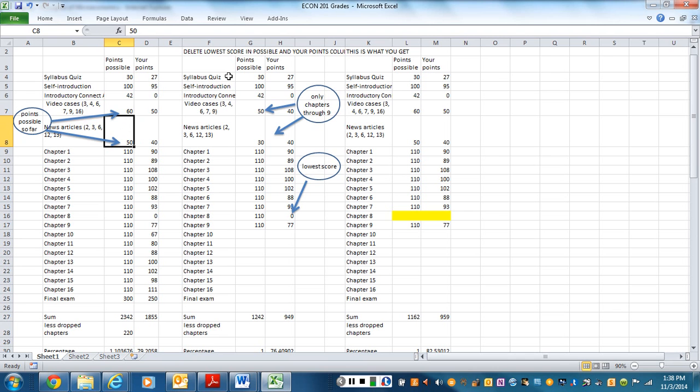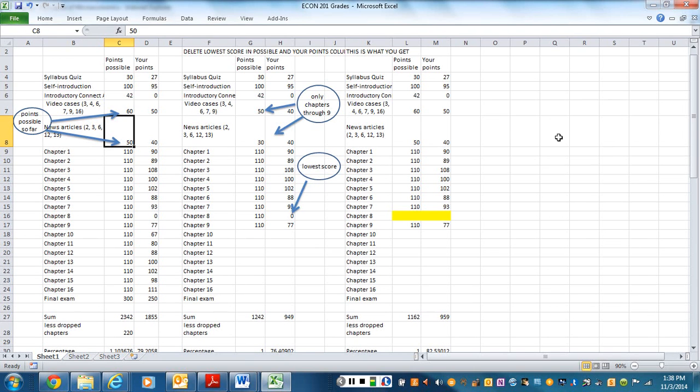So you go and see how many you've done. Well, I got 50 points worth. However that was, I did 5 out of 6, or I did 50 points out of 60 points worth. I did 40 points out of 50 points on the news articles. Okay, so at the end of the day, I put all my points here, and I go in and I'm